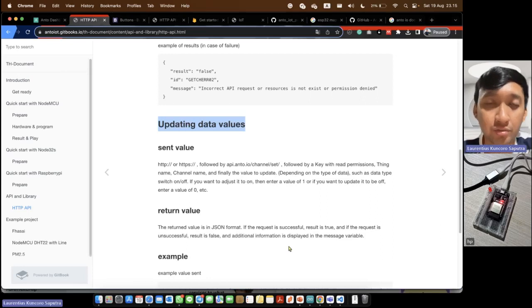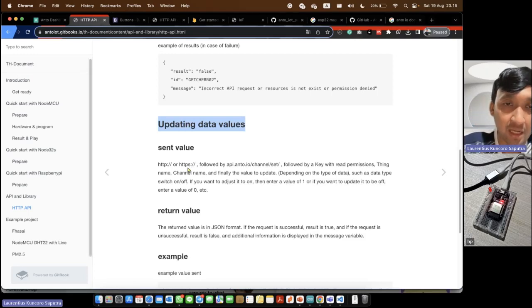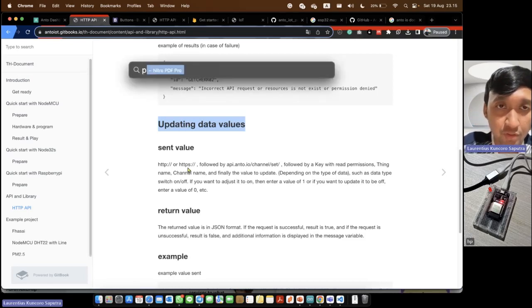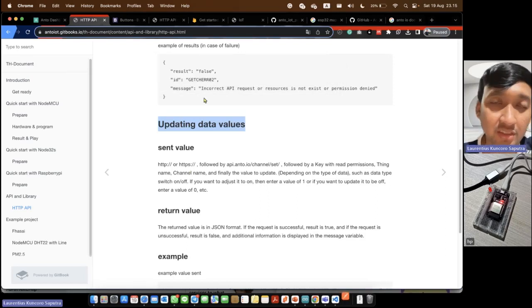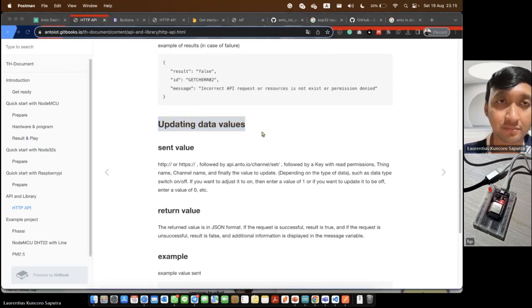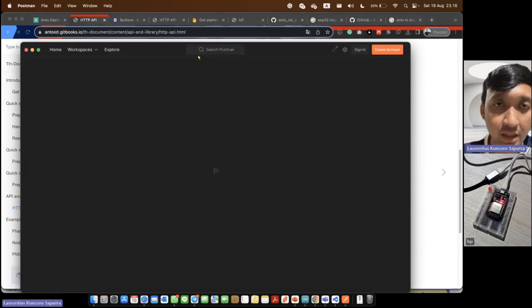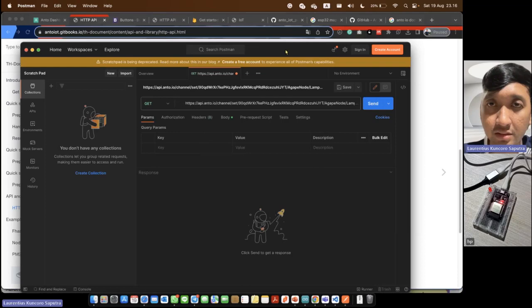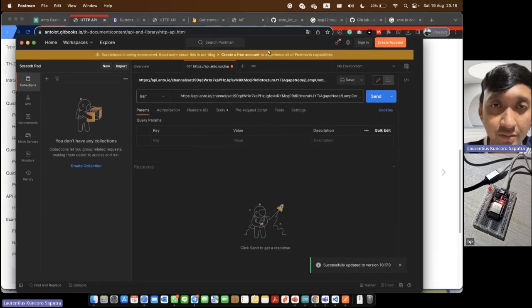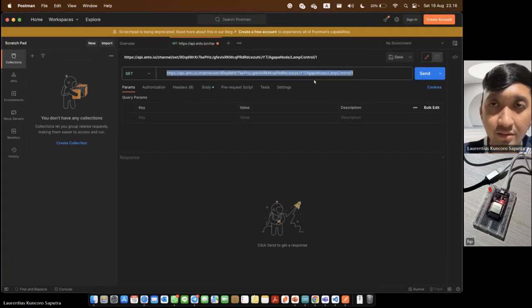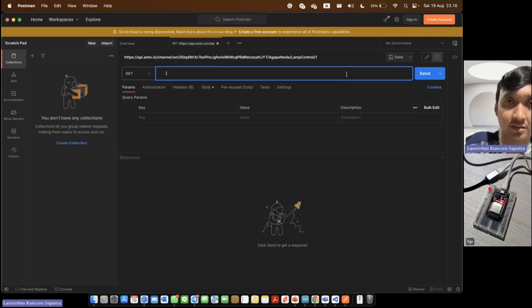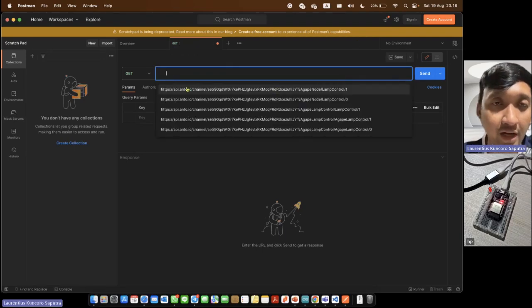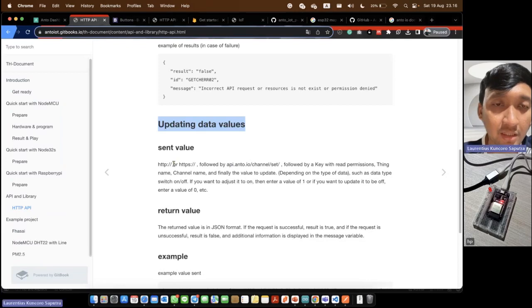Okay, to test the HTTP API, I can use a Postman application. It's like this one. Okay, the Postman. In the Postman we can write the URL here.